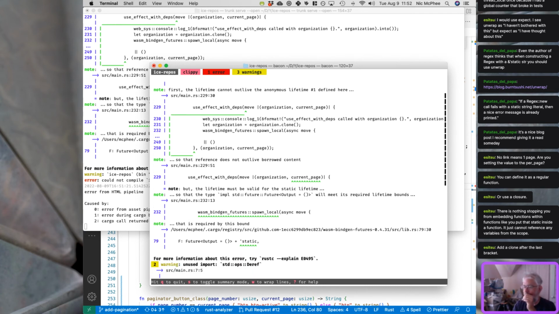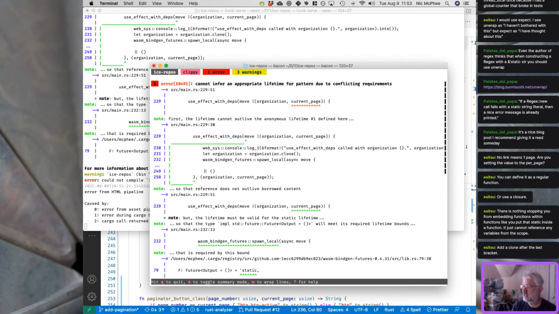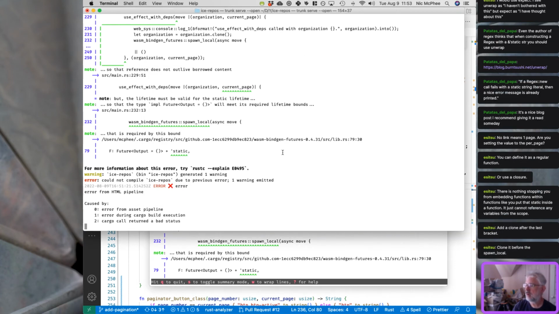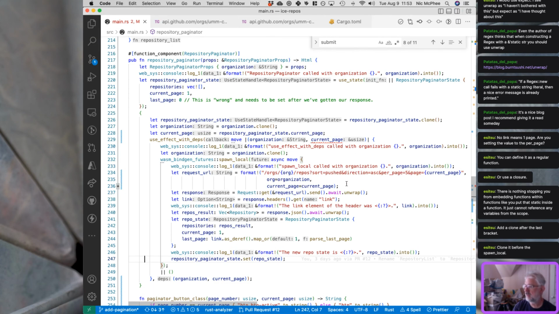And I'm not sure what to do about this. I really didn't want a reference, because if I could just pass the darn usize in, then I wouldn't have to worry about lifetime stuff. But because it's passing a reference in,